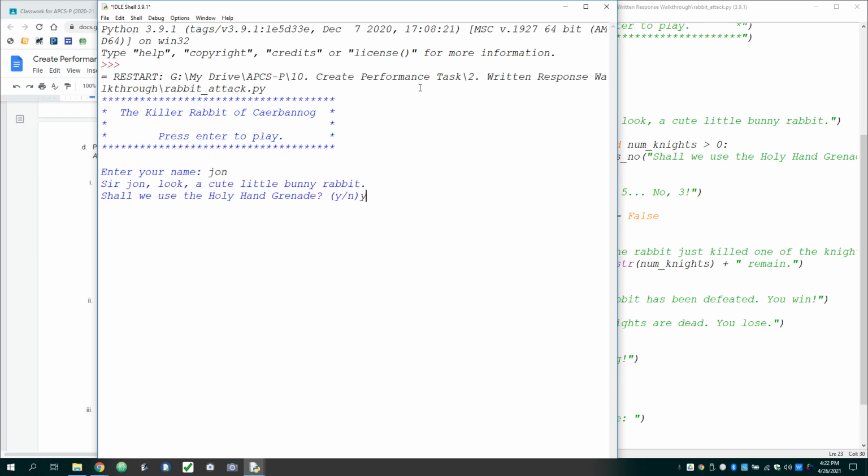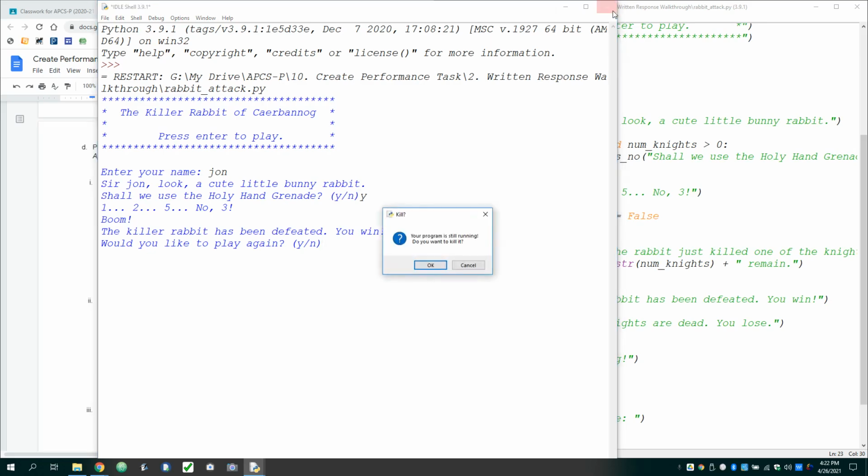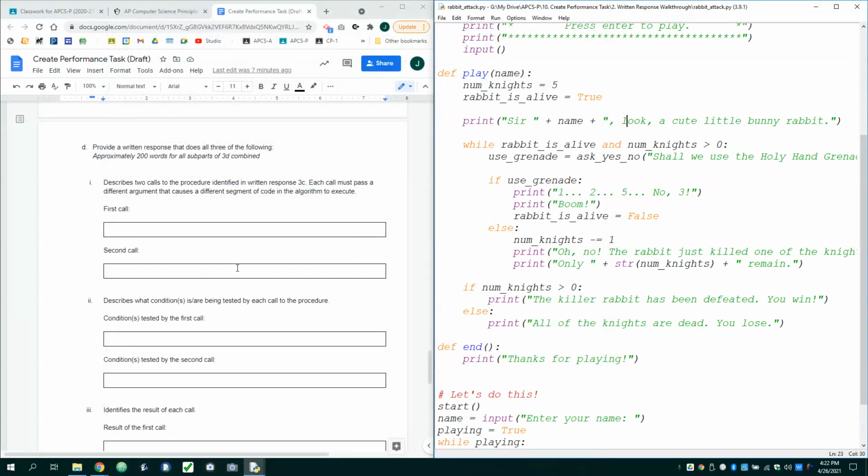But that doesn't really do it. It doesn't really satisfy the requirement either, because nothing about this argument that gets passed in has any impact on the sequencing here. So whatever function you choose to write about for this written response,